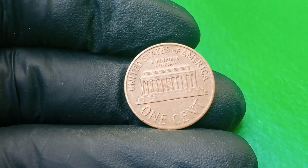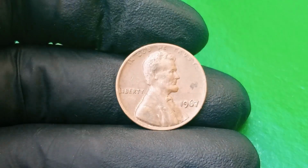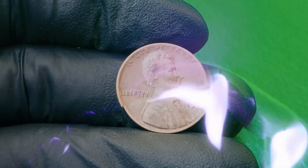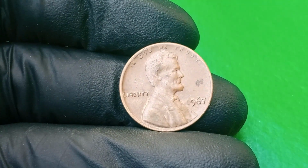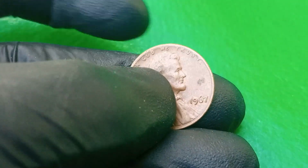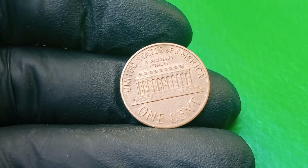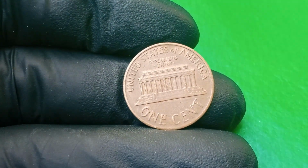Furthermore, certain 1967 1-cent coins show evidence of clipping, a rare minting error where a portion of the coin's edge is missing, typically caused by a planchet that was improperly cut or a feeding problem in the coin press. Clipped planchets create an unusual and unique shape, distinguishing these coins from perfectly round ones and making them highly prized among error coin enthusiasts. The rarity of these clipped 1967 1-cent coins in particular elevates their status and price in